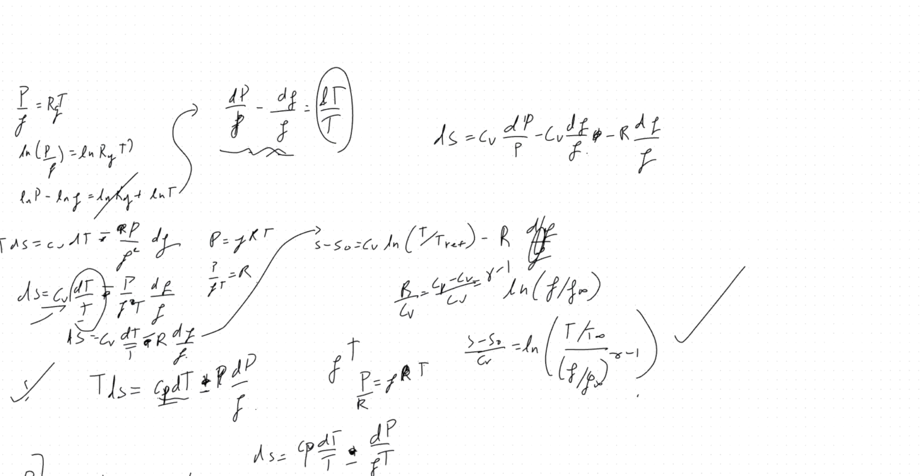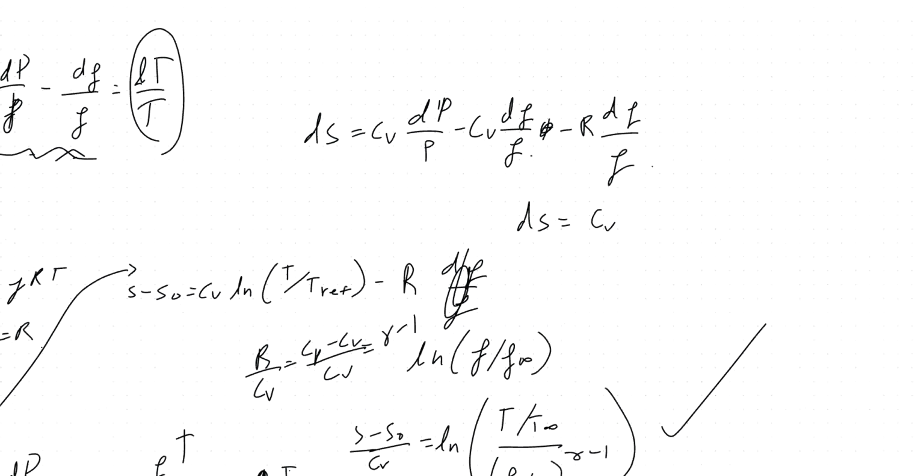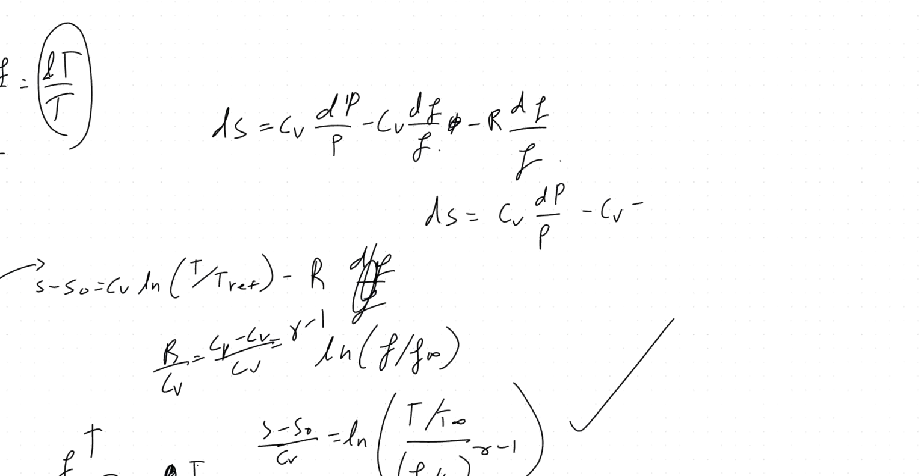And then there's a minus cv minus R, which is going to be plus d rho over rho. And we know R equals cp minus cv, so this is cp. Ah, there we go. And then we integrate that, s minus s_0 equals ln p over p infinity minus